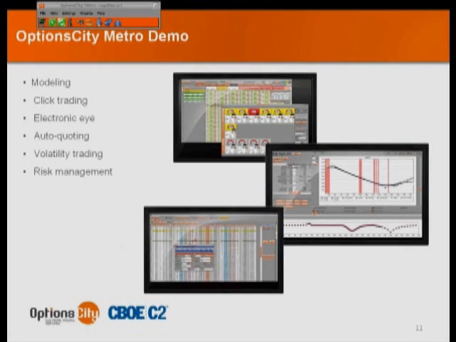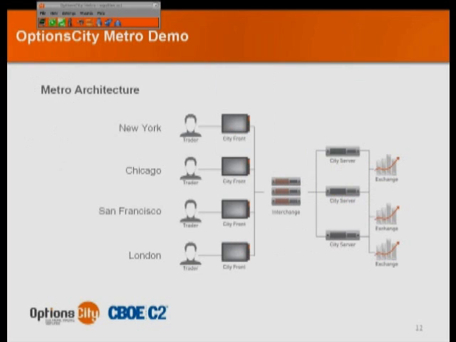Basic overview of C2. Now we're going to go into the OptionsCity Metro demo, where we're going to talk real briefly about modeling, click trade, and electronic eye on C2, the things that you can do. So first of all, I want to clarify that C2 is an all-electronic exchange,